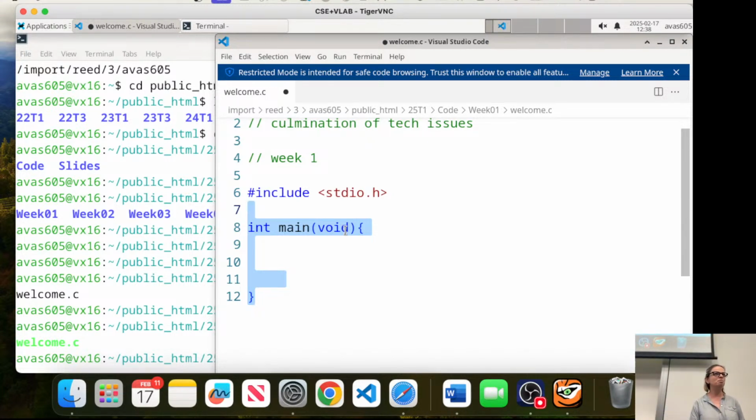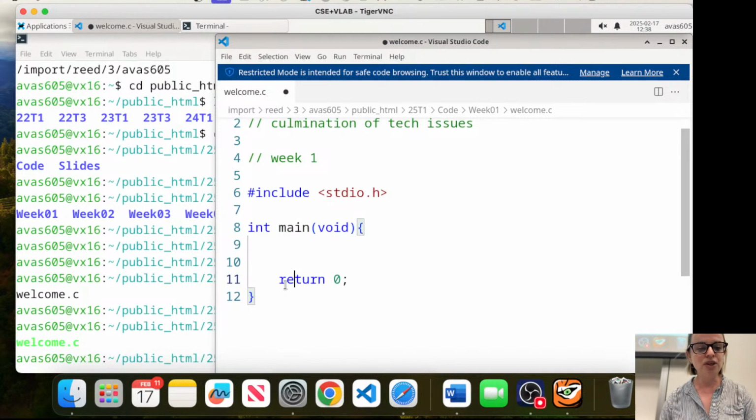Who knows what int means? Yeah, so int means integer, and for now you don't have to remember what I say, don't worry, we're going to go through it. But int means integer, and this main is going to return an integer, which means that it's going to finish with a return command, and then it has to return an integer, which is a whole number.